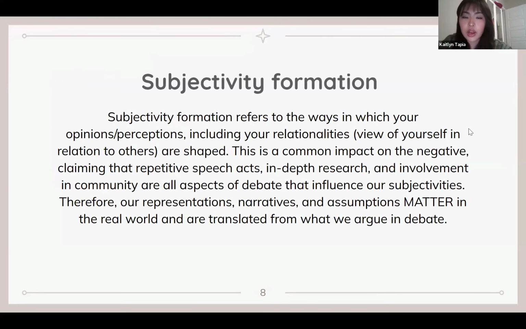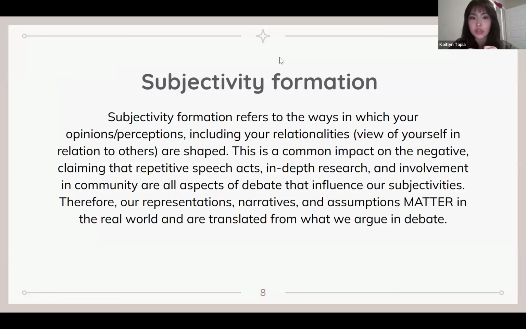Okay, so I can cover subjectivity formation. This is a very broad concept in debate, and different people have different notions and opinions on what exactly a subjectivity is. But I think that the best way to understand it in the context of debate specifically, and how K debaters tend to use the term, is that subject formation is the ways in which your opinions, your perceptions,